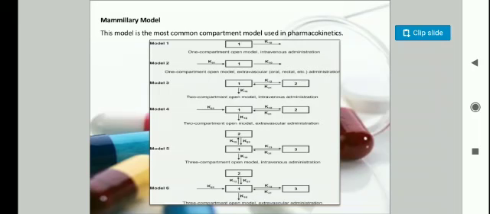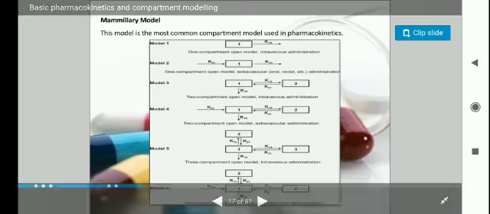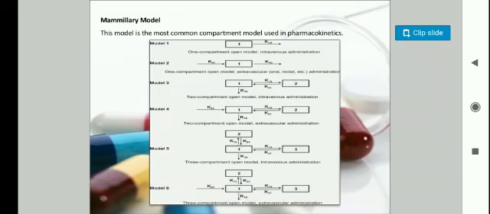Whenever we take a tablet, usually in our language we call it oral, but in pharmacokinetic language we call it extravascular administration. Intravascular or intravenous is like injections. The best example is penicillins. And model 5, you can see, is the 3 compartment open model, intravenous. And for the 6th model you can see 3 compartment models, extravascular administration. For any drug you can have this intravenous and extravascular.